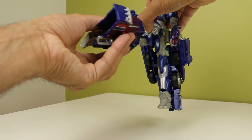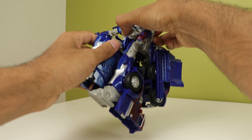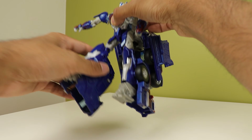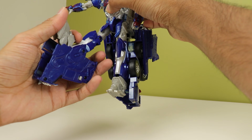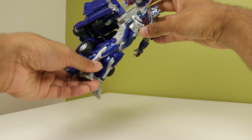On ratchets, you do have thigh rotation, which was really loose out of the box for me, but I have fixed it. You get 90 degrees of non-ratcheted bend at the knee, and if you want to use this, you do have the ability to move the foot forward. That's for transformation, but you can use it if you...